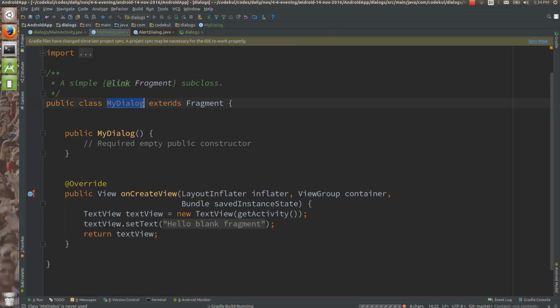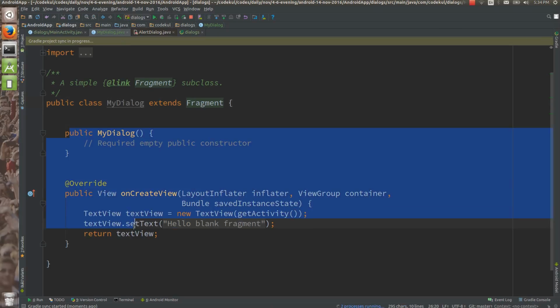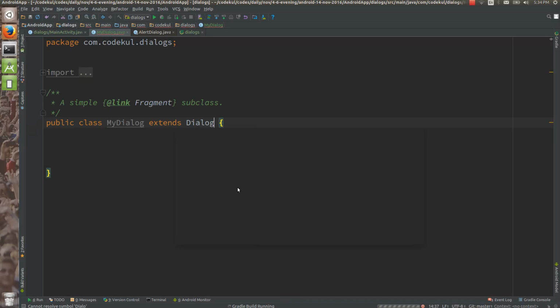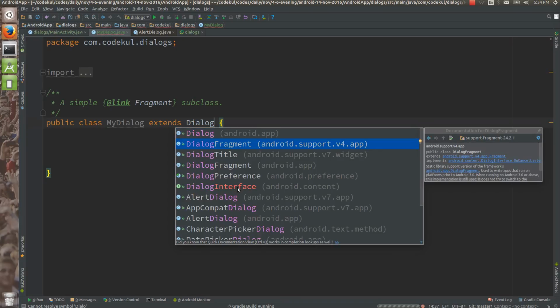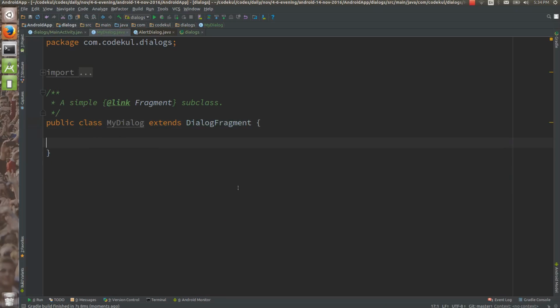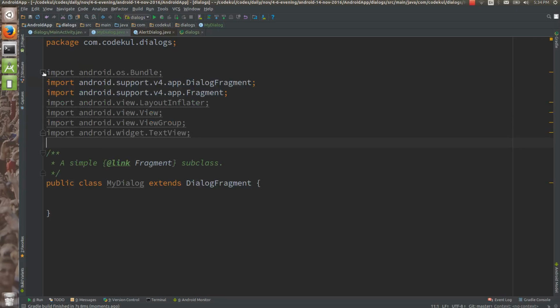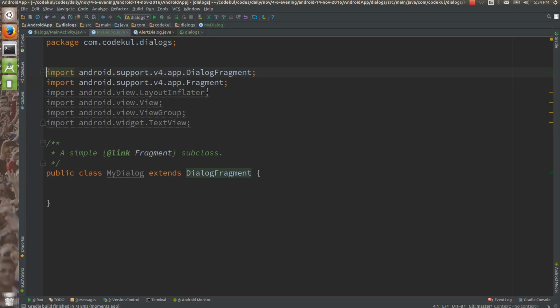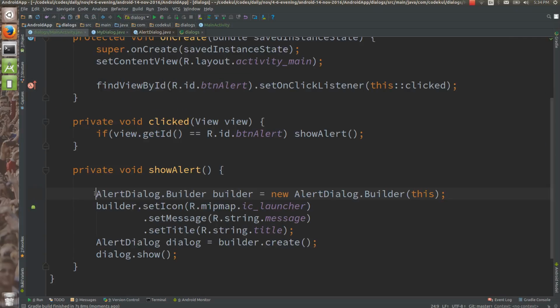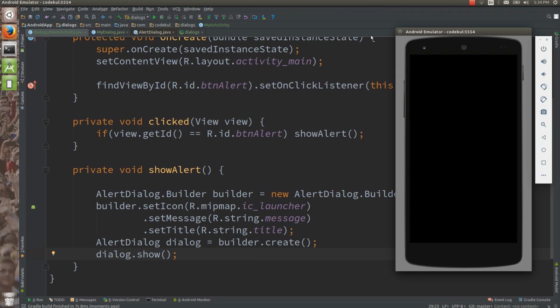So my dialog is extending the fragment in this case. Instead of extending the fragment, what I'm going to do is extend it to dialog fragment. Gradle is building dialog fragment. Can you see this thing? Dialog fragment from support.v4 package. And people are suggesting this way. If you want to create the dialog, you are going to use this way. This is also correct, no problem. If you want to just create the alert dialog, you can write this much code, or you can create